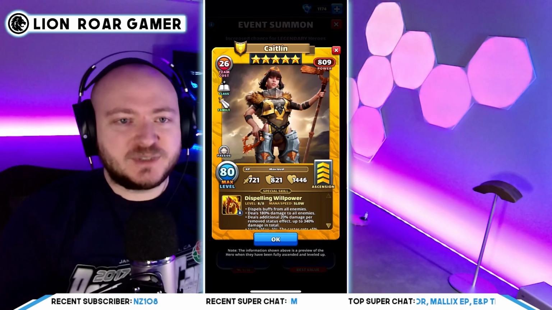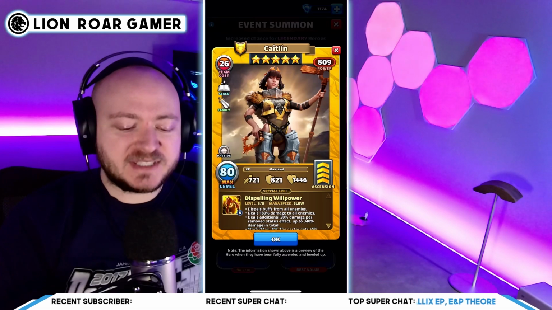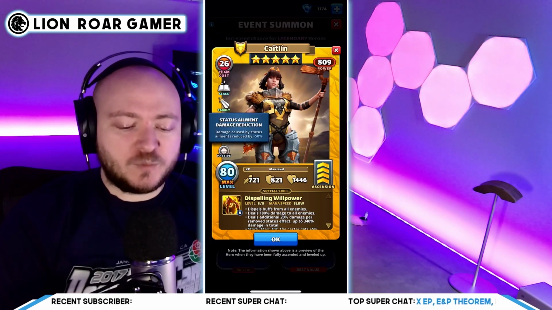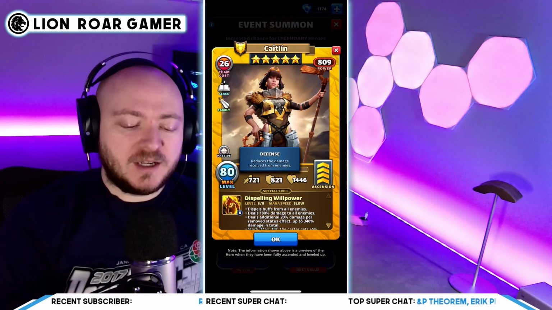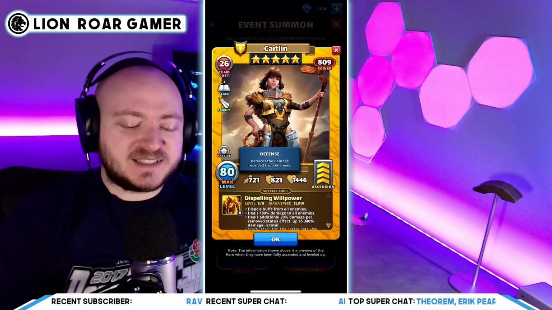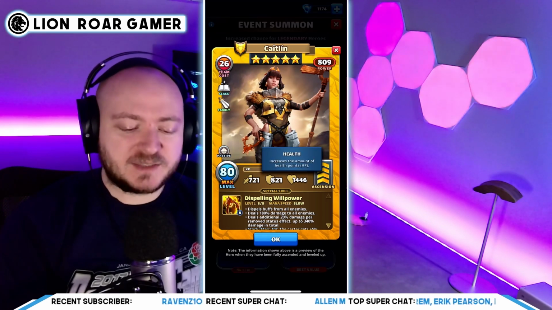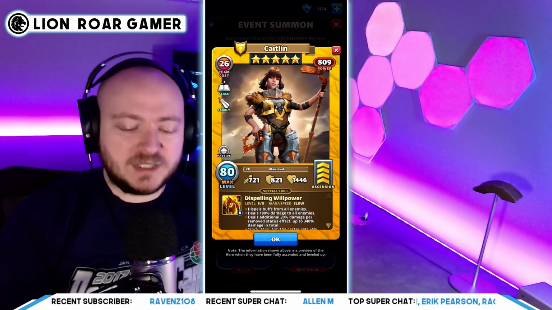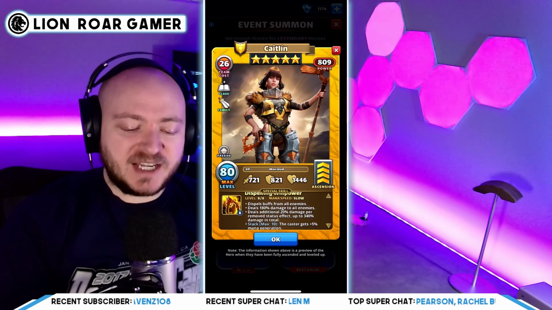Now we got Caitlyn, who is a 5-star holy hero of the wizard class. We got the family bonus, and we got the passive here, which is the same as the others. The attack is 721, again, mediocre for this day and age. But the defense is even higher at 821. The HP is 1446. We have the special Dispelling Willpower, which dispels buffs from all enemies, deals 180% damage to